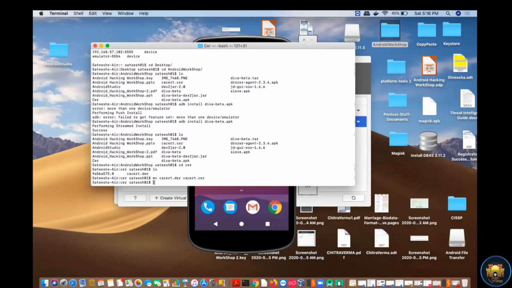ADB push, and then we will push this particular file into your SD card. Okay. Need to give the file name also.